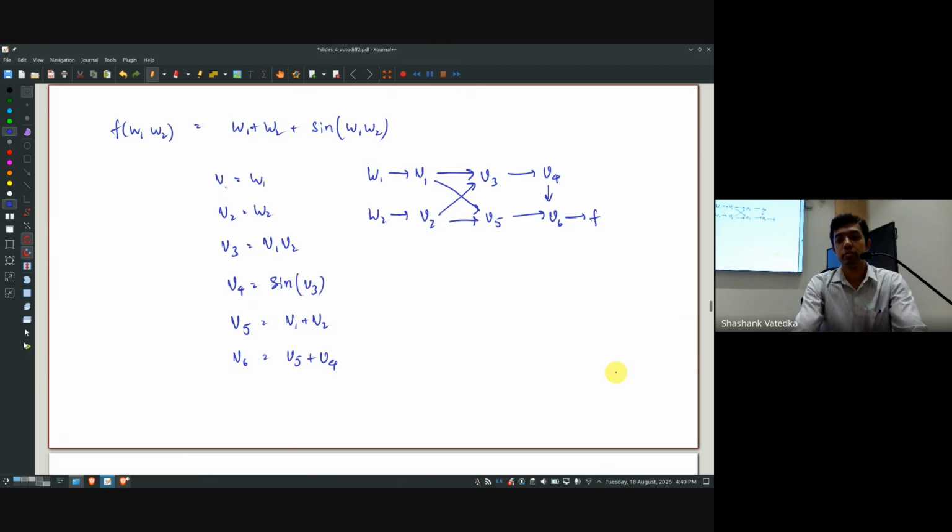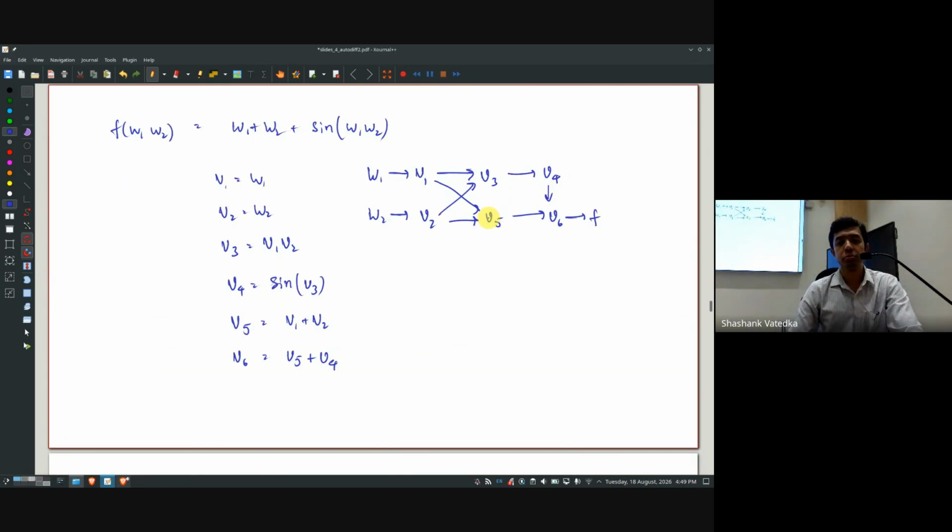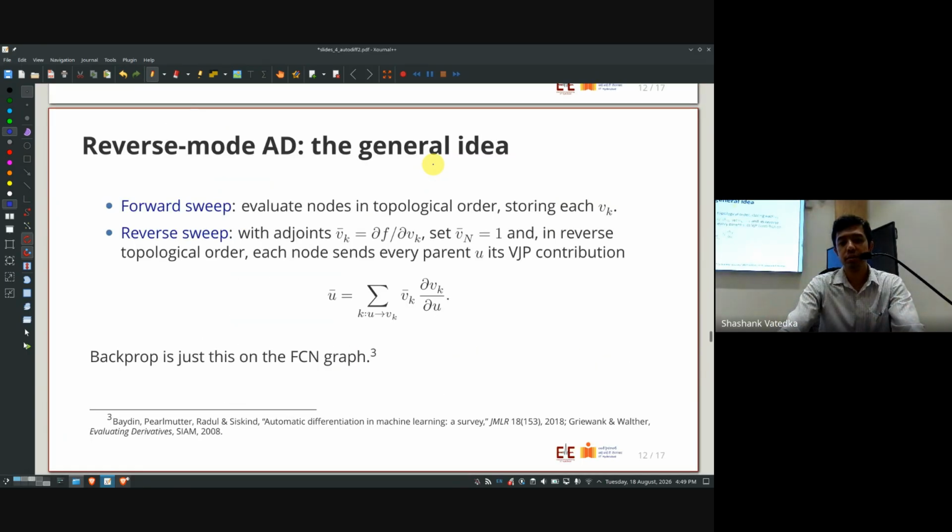Here you showed an example, right? u depends on multiple paths. You mean this? No, in this case it's the reverse. All of these nodes depend on the variable u. Even in this previous example, both v3 and v5 depend on v2, and similarly, both v3 and v5 depend on v1. That happens in neural networks also, but then we had a very succinct form, and that's why you didn't see it. So let's take a very